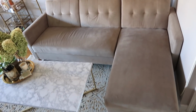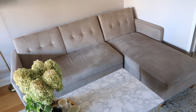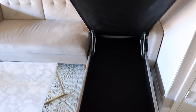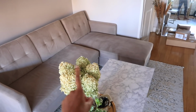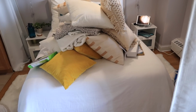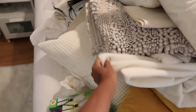You guys, it is official. The couch is being picked up right now. I'm gonna miss it so much, but hopefully we can upgrade or get a bigger and fluffier couch. Even though this was honestly amazing, it's a futon and it has storage. If you're wondering why that's so clean, it's because I got everything out of it since they're coming to pick it up right now. Put all the pillows in here and just all of the stuff that I had just